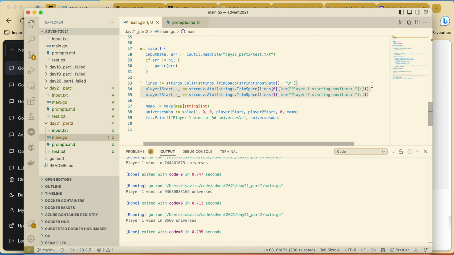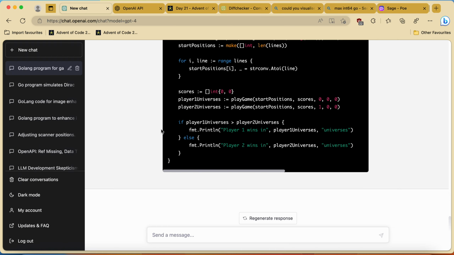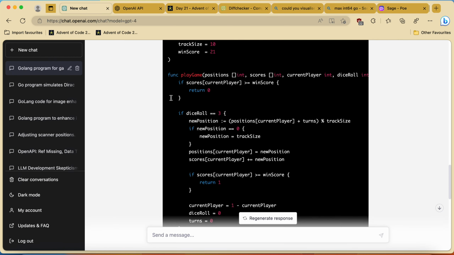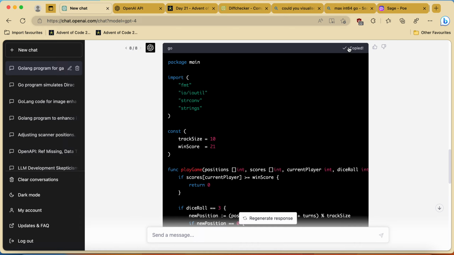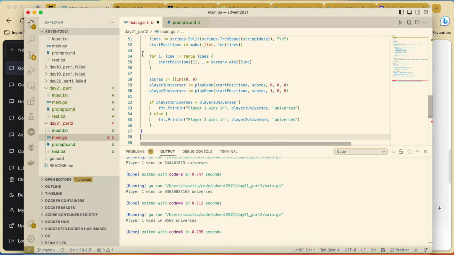Yeah, that's actually clever. Let me copy it here. So actually this stuff doesn't really work, and